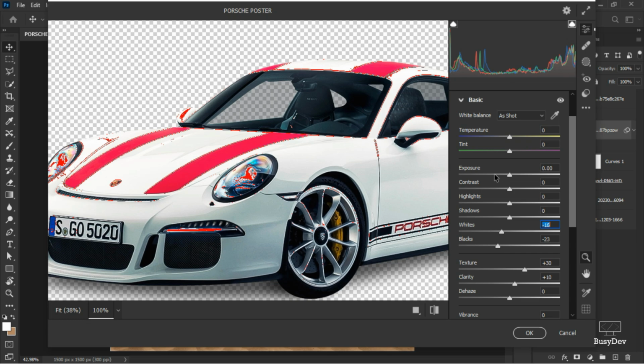Now after I've done that, I'm going to work on my contrast, highlights, and the shadows. For the shadows, I don't think I'll touch them, but my highlights,